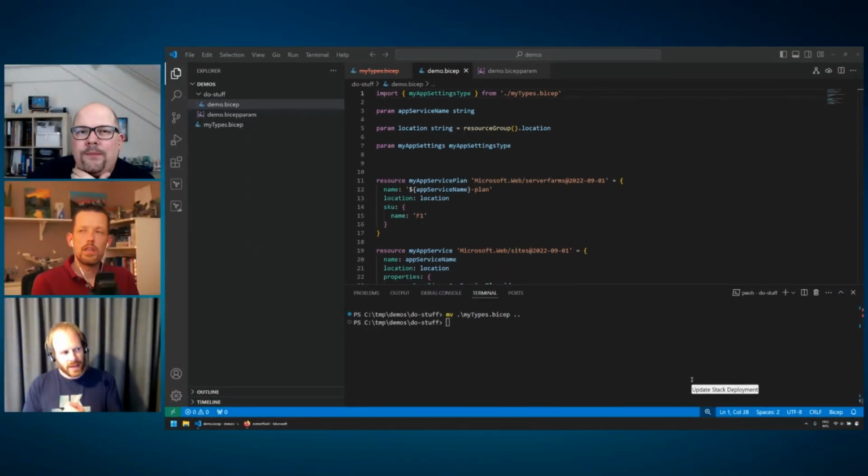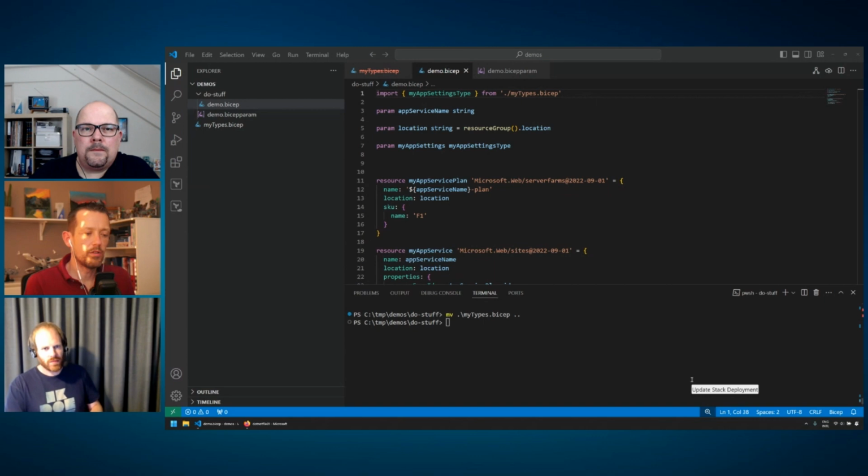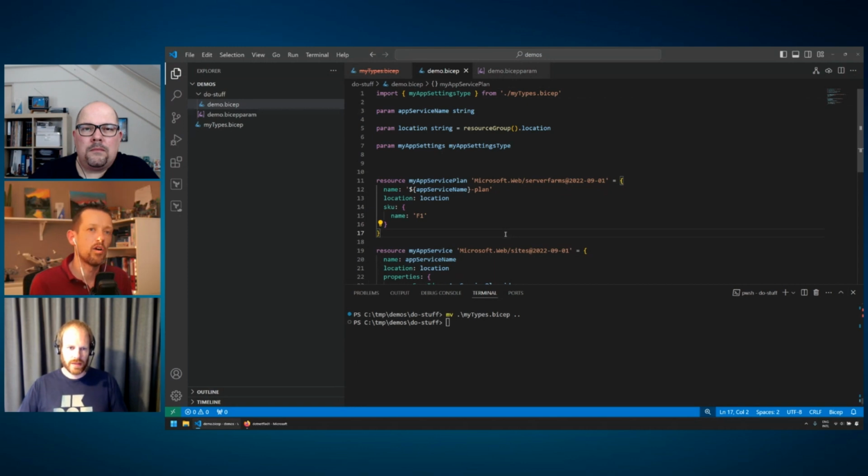So let's say I'm deploying, I don't know, a SQL Server in Azure. Are the SQL Server Bicep constructs also marked as export? So for example, I could reuse some of the existing Azure Bicep types in my own param files?